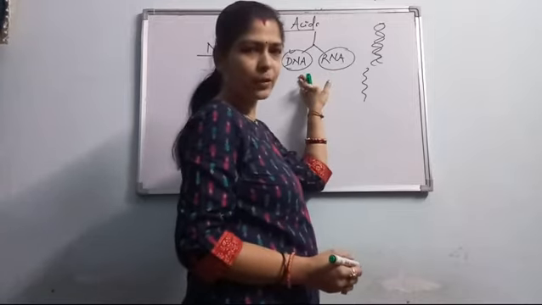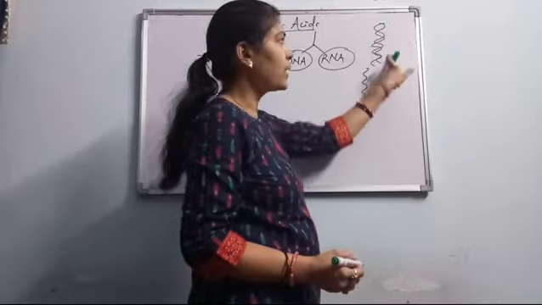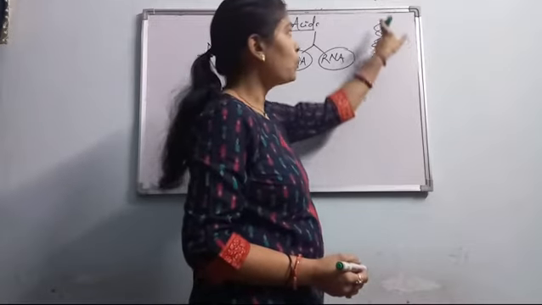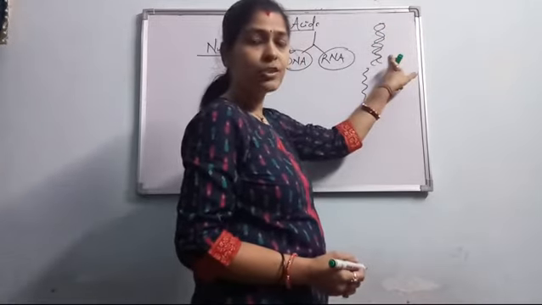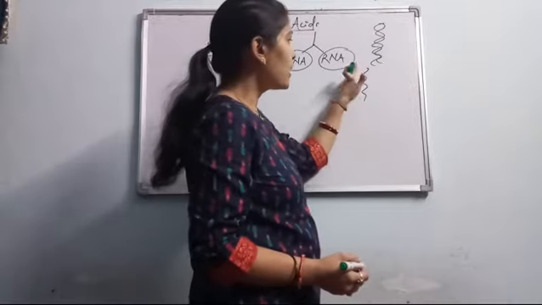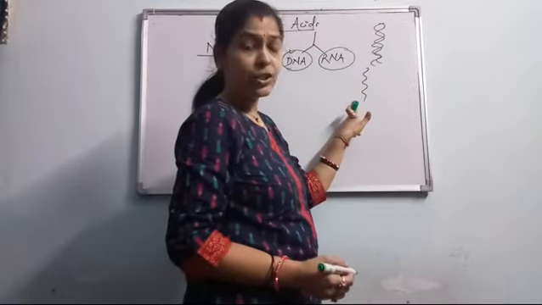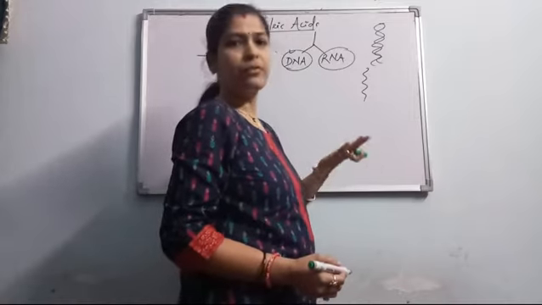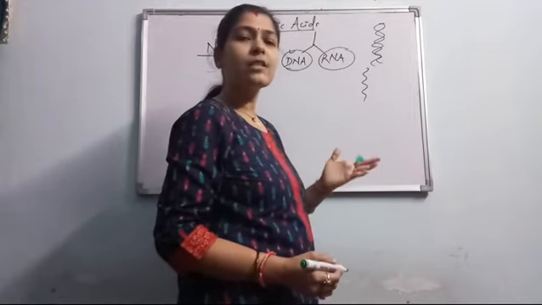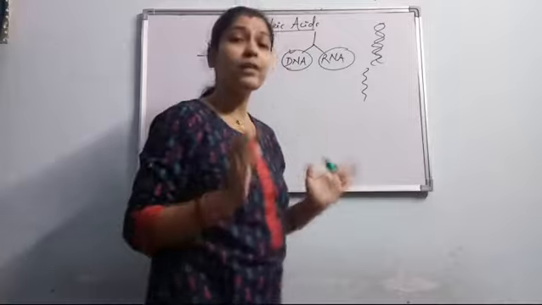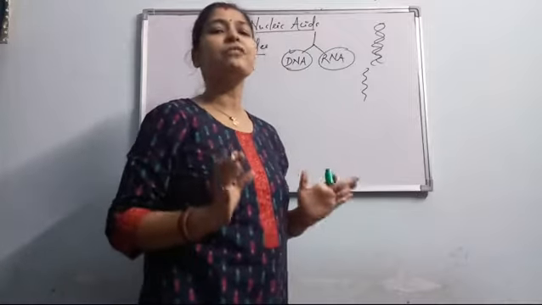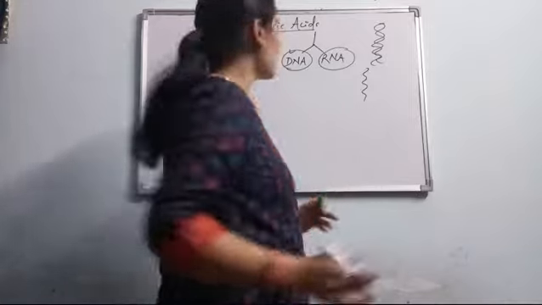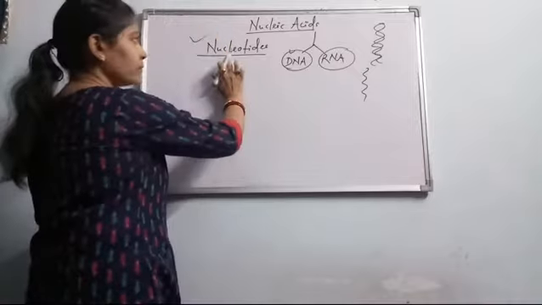double stranded. So how are the two strands of DNA formed and stabilized, how is the single strand of RNA stabilized, and how is one nucleotide linked with another, by which type of bonding? All these things we'll discuss, but we first have to be clear about the structure of a single nucleotide. So let's discuss this one.